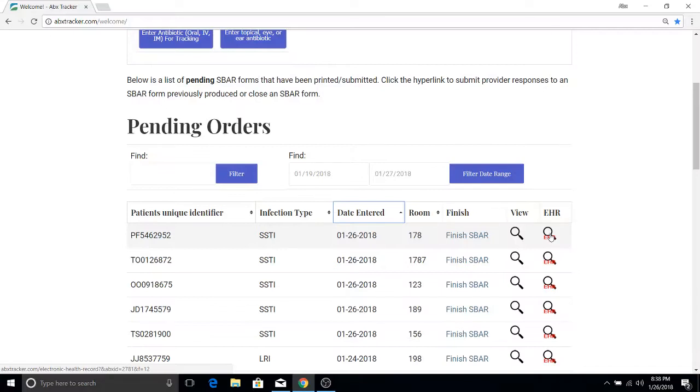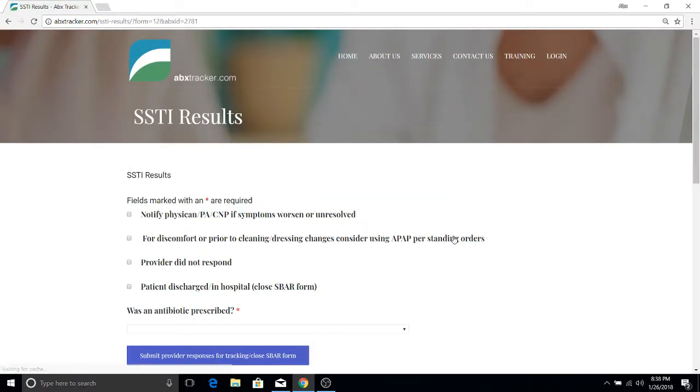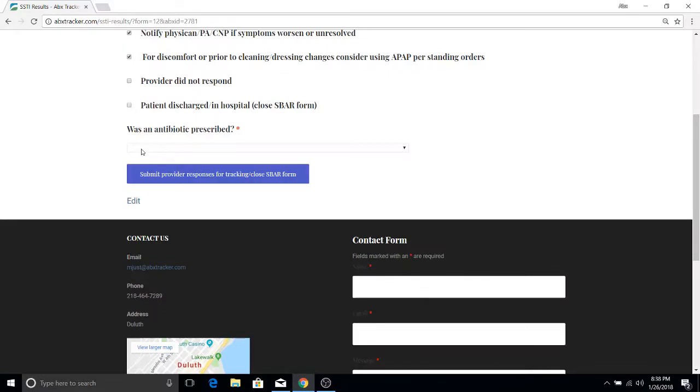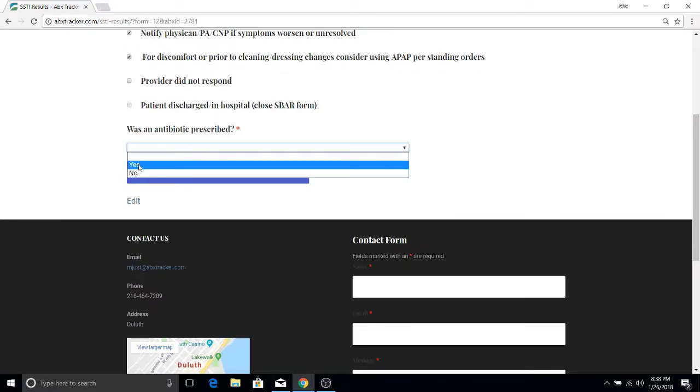Let's say you get a response from your provider. You find the form, in this case, this is ours, and you click the hyperlink Finish SBAR. This will bring you to the results page of the SBAR. Now, click on the appropriate responses that the provider indicated. If a medication was ordered, we enter it here. Indicate by saying yes,